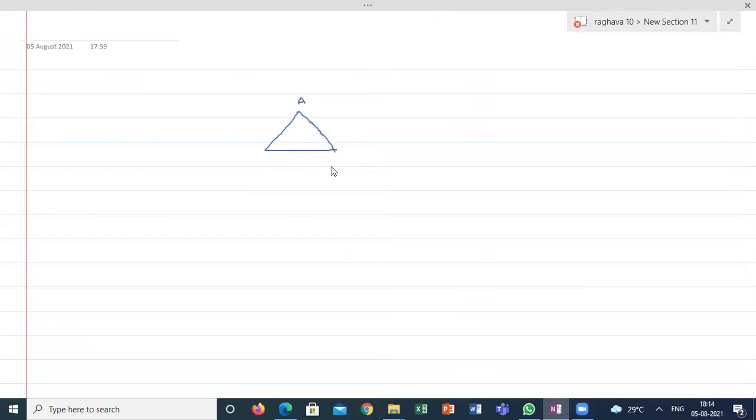Suppose I am taking a triangle ABC. The meaning of height of a triangle is: draw a line along BC and draw a line parallel to BC at A. The distance between these two is the height of the triangle. Instead of that, you drop a perpendicular at A, that is used as the height of the triangle. But the perpendicular need not always intersect. Suppose I am taking the right angle triangle ABC, this is already vertical. So AB itself, one side itself, is the height of the triangle.